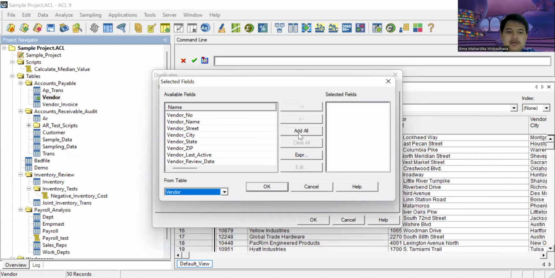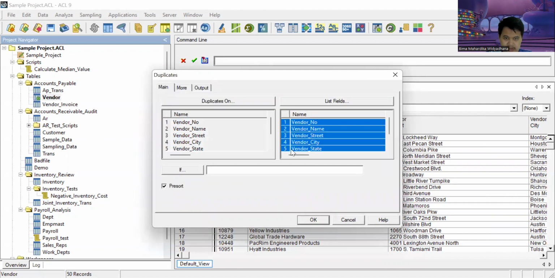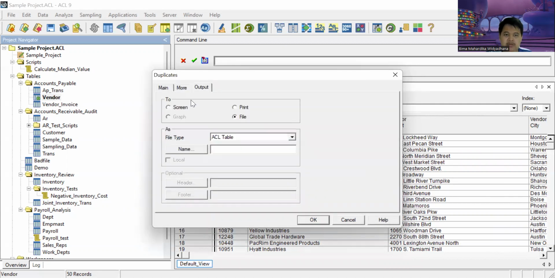First, we try to see if there are any duplicates in all fields. We list all fields, click OK, and the output is to the screen.